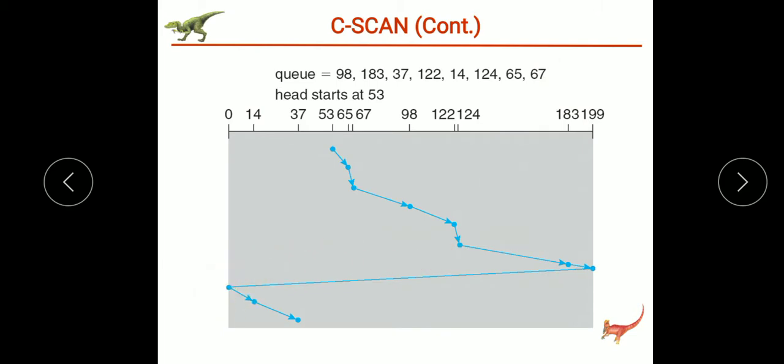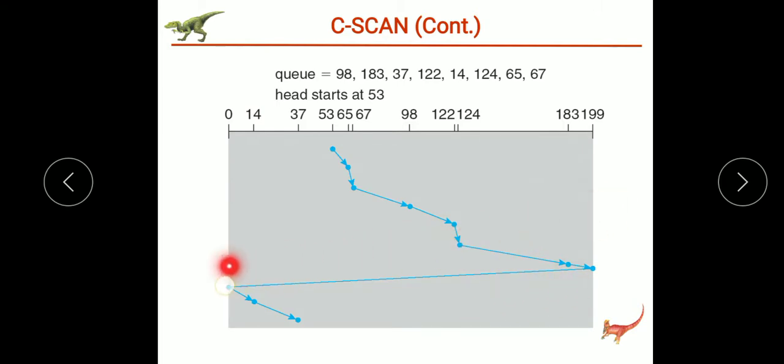Why? Because once it reaches the other end, it has to come back to the beginning in order to serve other requests. Understood? Once it reaches the beginning, again it will start serving the remaining requests, that is 14 and 37.